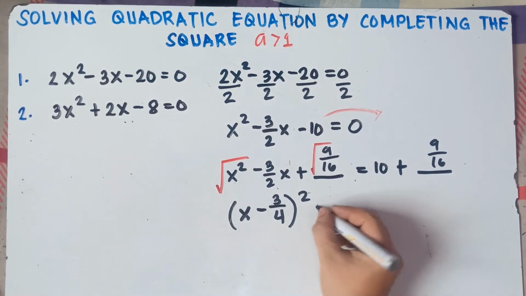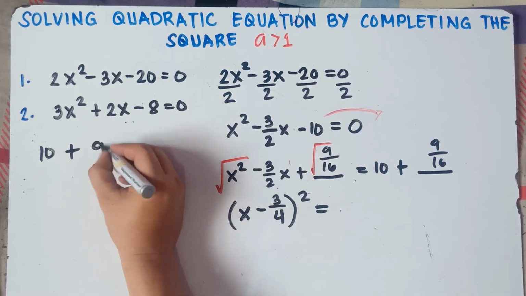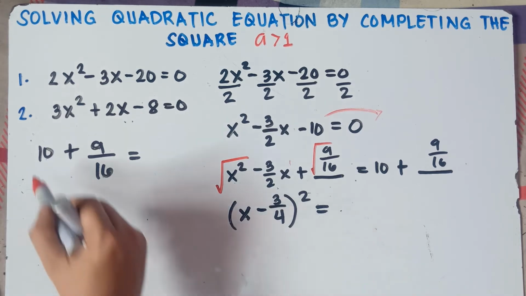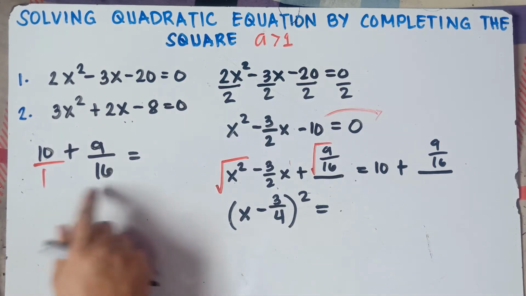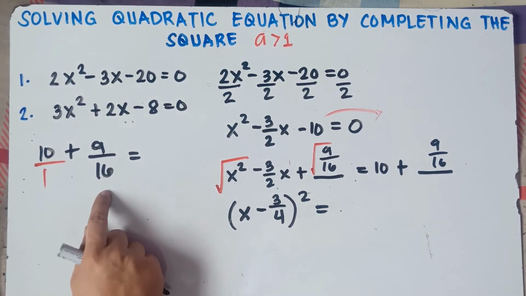Alright, and then equals, you add this one. 10 plus 9 over 16 equals, so once again, class, you have two options to add the fractions. You can find the LCD or we can do the butterfly method. So we will have two solutions. Understood that there's 1 here for the fraction. We cannot add the fractions directly if they don't have the same denominator. So we need to find the LCD.